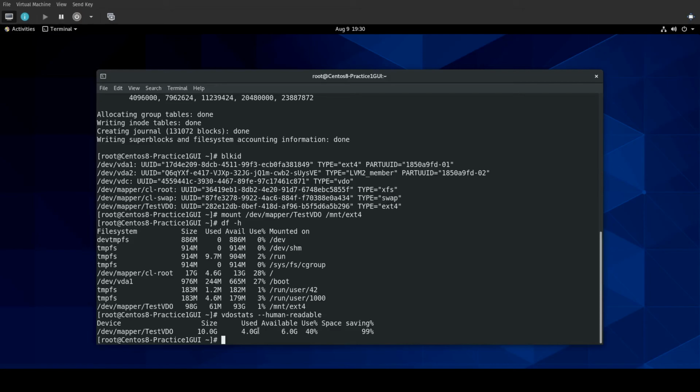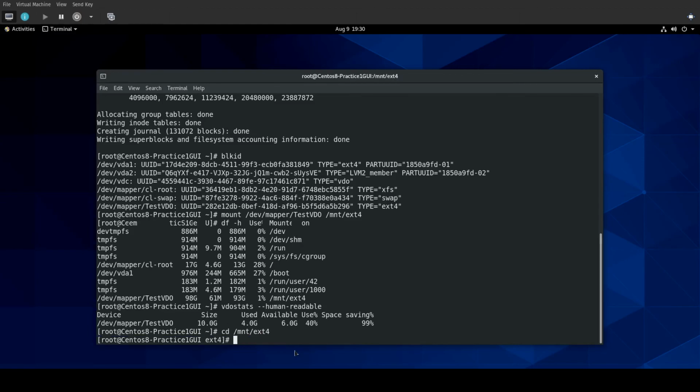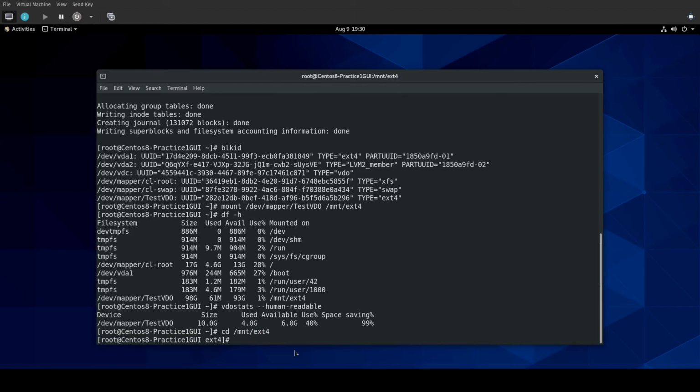And there's some other overhead as well with VDO other than what I was talking about with the sparse and dense index. And so we technically have 6 gigs available. Now, what I'm going to do, just as a little experiment here, let's go into our mount point. And we're going to create a file. So we'll use random data. So dd if=/dev/urandom of=random.data, and byte size we're going to do 4 megabytes